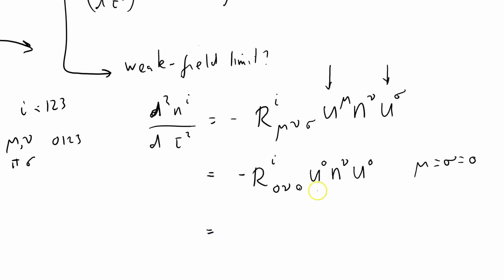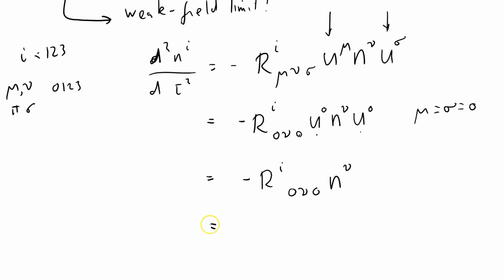So these guys here are just 1. So it's minus R^i 0 nu 0 n^nu, which equals minus R^i 0 0 0 n^0 plus R^i 0